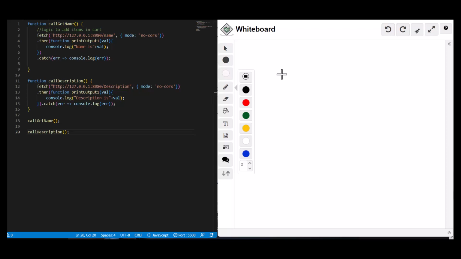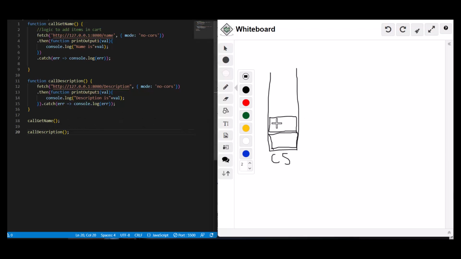So we all know that JavaScript has a call stack, right? This is the call stack, right? Over here when we said call get name, right? So this invoked the function, right? So by default we already had this global execution context, right? After that it created a new execution context for this method invocation,